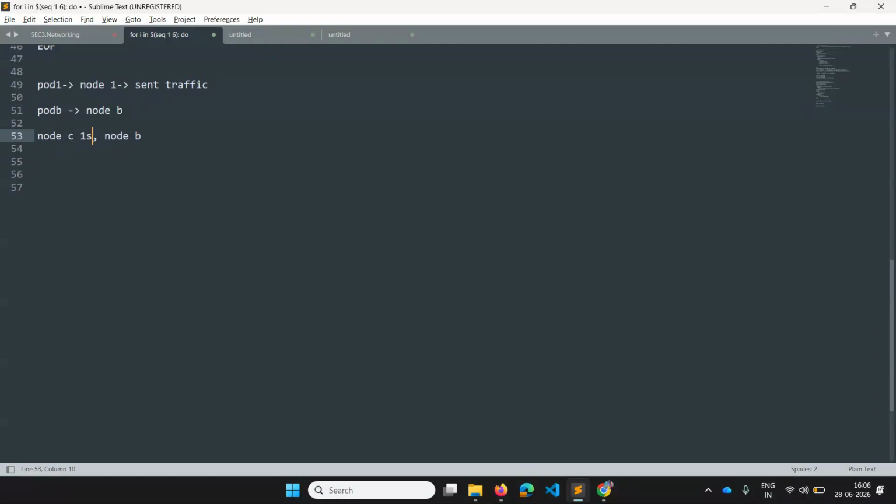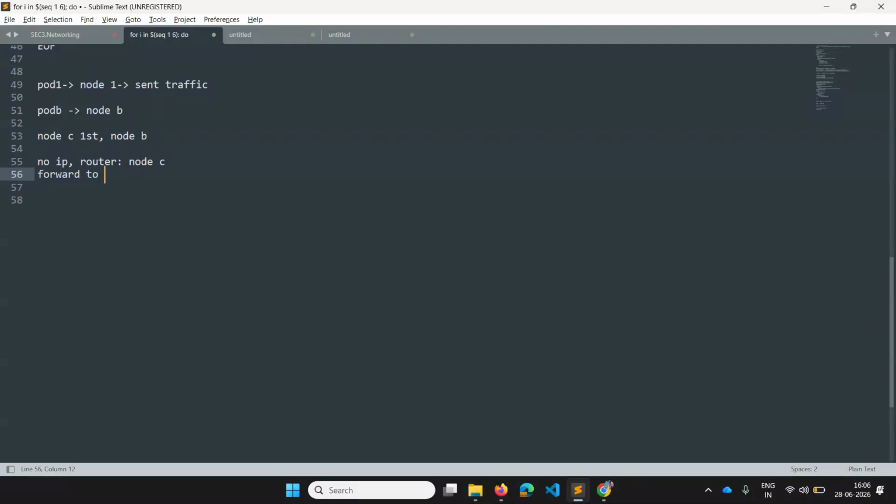Now, generally, inside the particular node, it will check whether that particular pod B IP exists or not. Node C checks that there is no such IP in my node, so it acts like a router. So this node C will behave like a router and it will forward the traffic to node B.